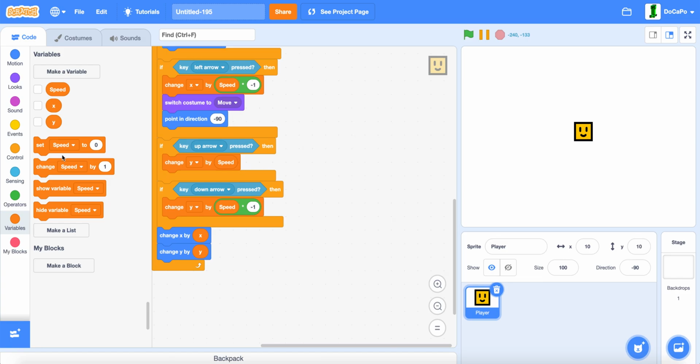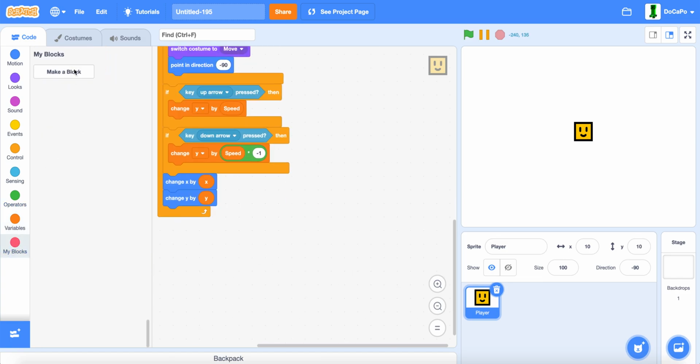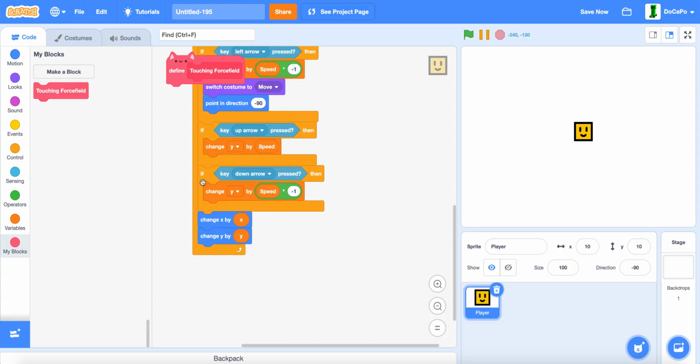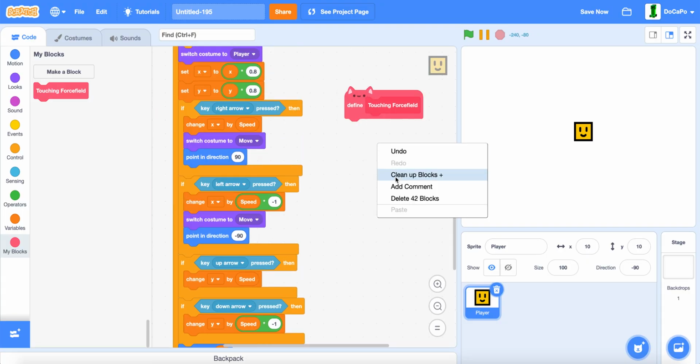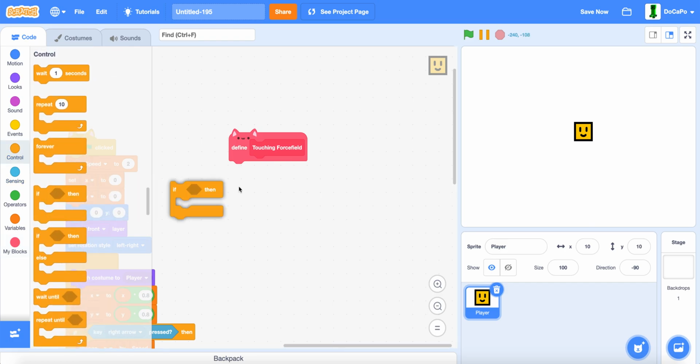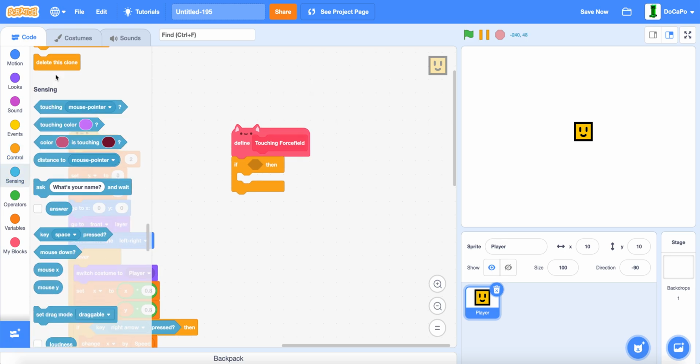Now, make a new block named touching force field. Oops, force field. Run without screen refresh. Now, if touching,